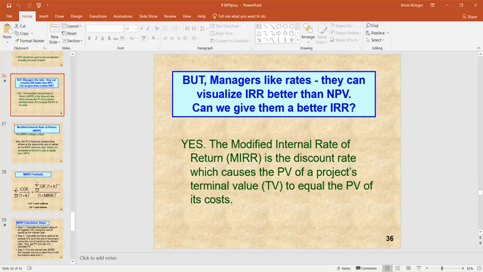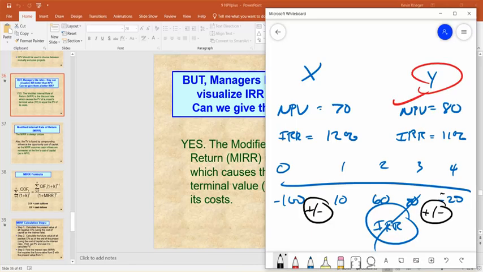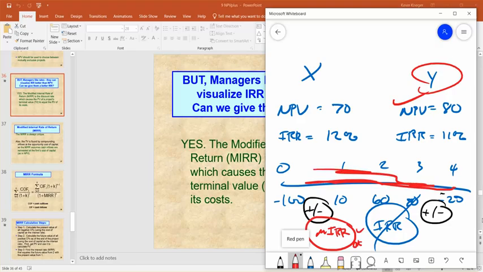So for this example right here, the IRR is a complete no-no. But the MIRR, the new method we're about to discuss, would actually be okay to value these cash flows. You can do this problem down here with the MIRR. It's not okay with the IRR. It is okay with the MIRR. Well, what is the MIRR?